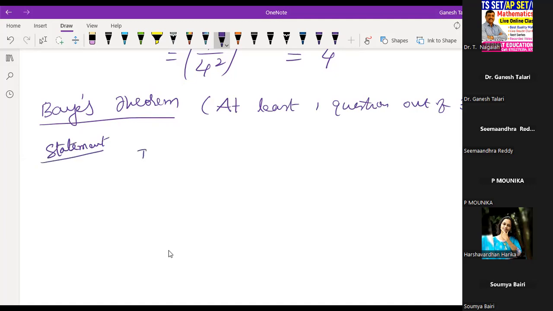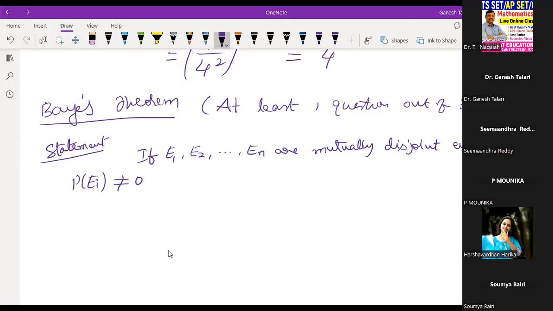If E1, E2, and so on, En are mutually disjoint events with probability of Ei not equal to 0, where i ranges from 1 to n,